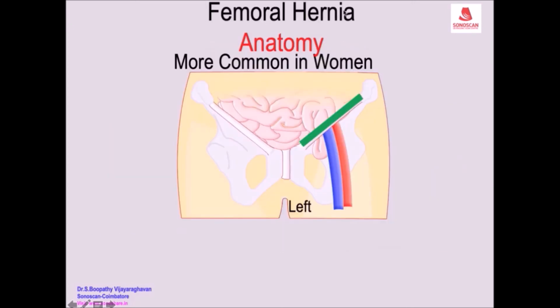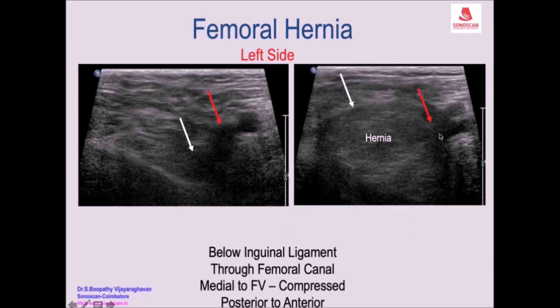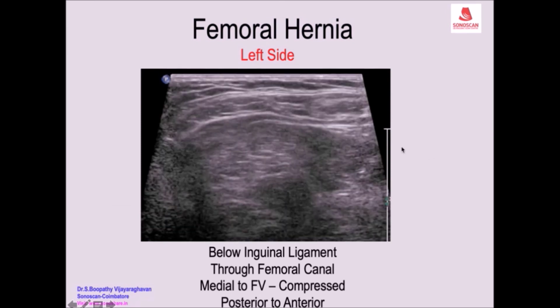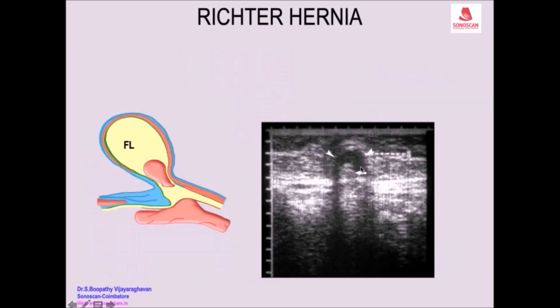Now coming to the femoral hernia, the sac comes anteriorly, whereas in the inguinal hernia it happens superficial to, above, anterior to the inguinal ligament, and then goes posteriorly into the scrotum, medial to the common femoral vein, and that is the femoral hernia. You see the real time, you see the common femoral artery and the vein through the adductor foramen in elderly multiparous women because of the weakness of the muscles, particularly when they lose weight, and it happens deep to the pectineus. Paraumbilical hernia, you get some fluid.